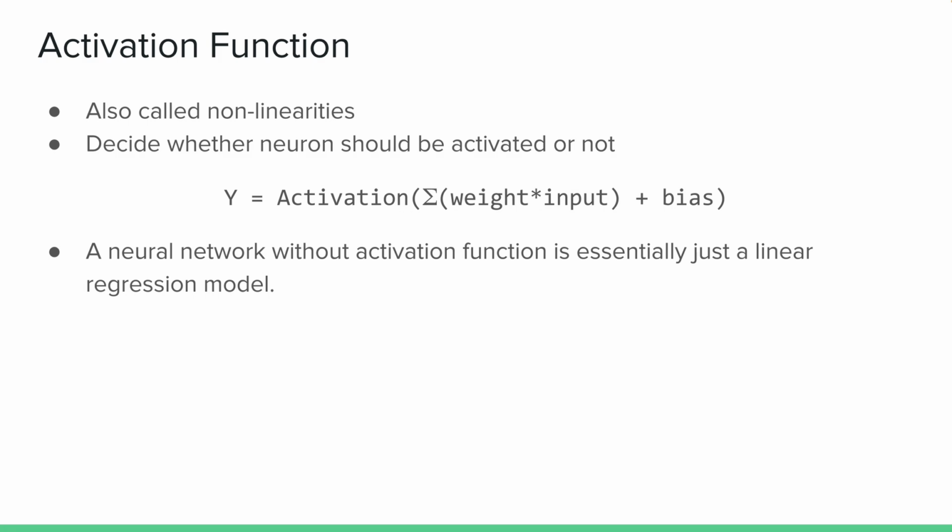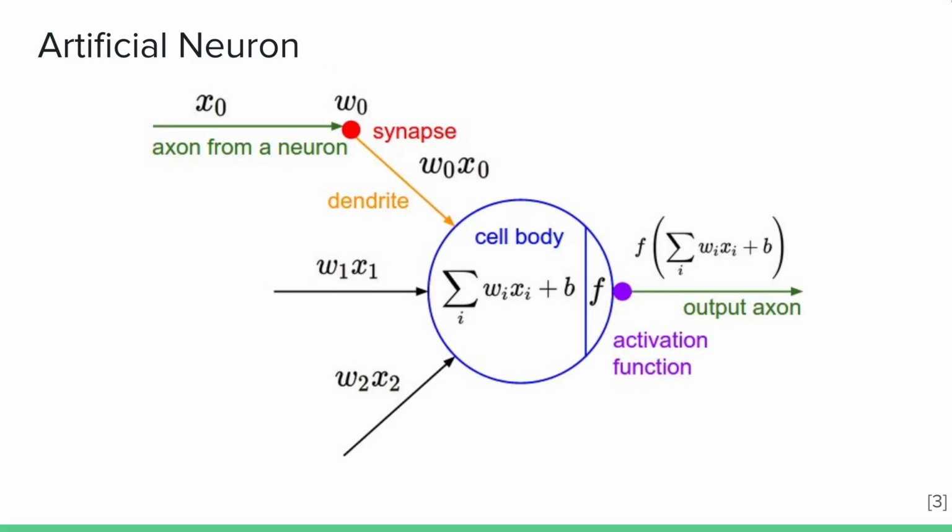And the question is, why do we need an activation function? Why can't we just have this matrix multiplication, etc.? And the reason is that if we do not have any nonlinearities, we would basically just have a linear regression model. And if you think back for a second here about this formulation here,